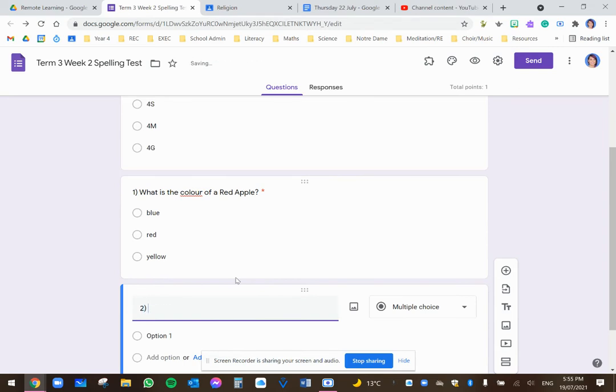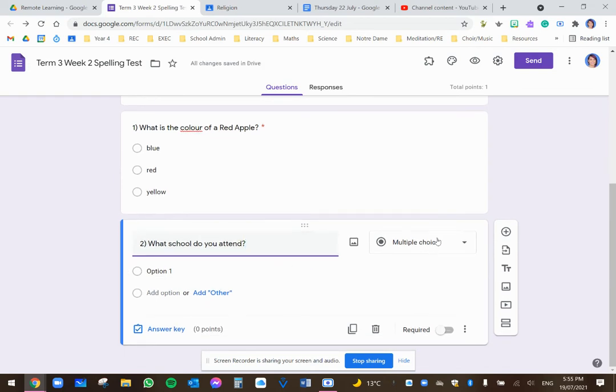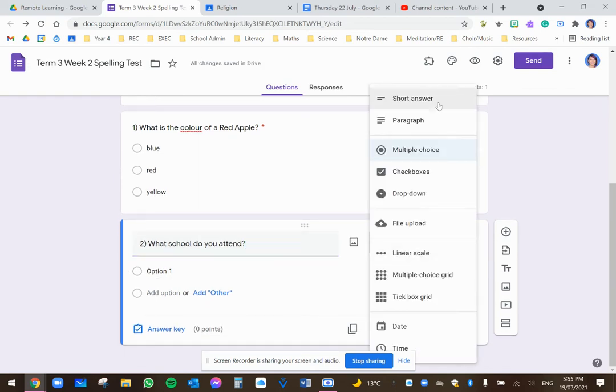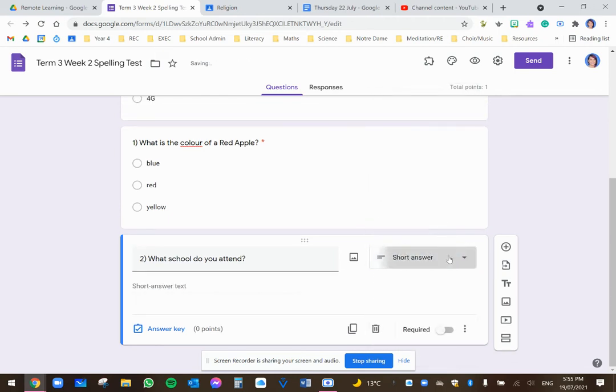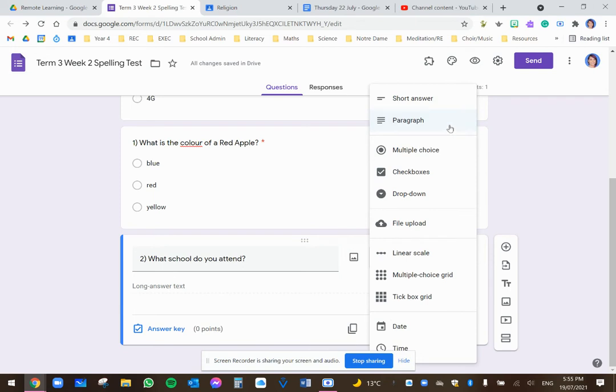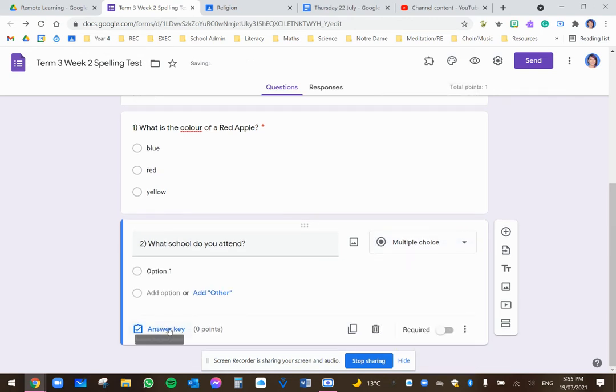Question 2, what school do you attend, for example? And I might, instead of multiple choice, get them to write a short answer, or they might have a paragraph, but then it makes it more complicated when it is a short answer or paragraph, anything but a multiple choice. When it comes to a Google form, it's really hard to have an answer key because it's a black and white sort of formula